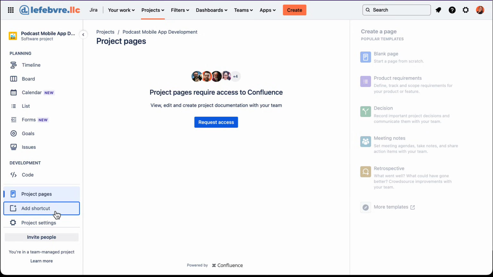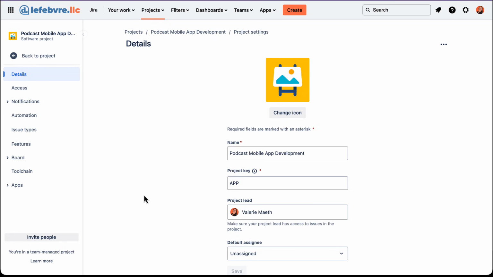And then beneath the shortcuts, we have our project settings, which is where we're going to configure it all. And trust me, we'll be using this area a lot throughout this section as we learn how to master team managed projects. Whew. So I know I threw a lot at you, but to recap, what we learned in this